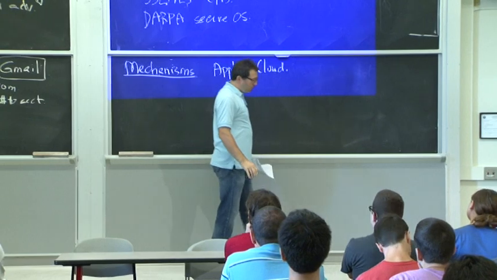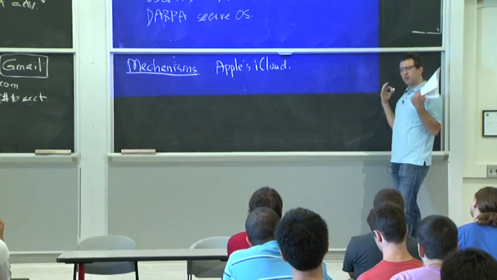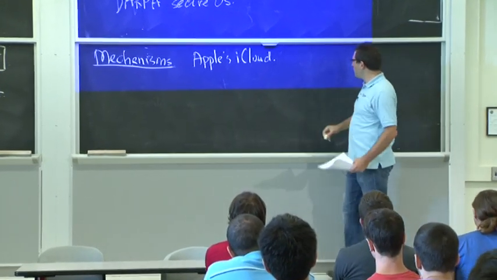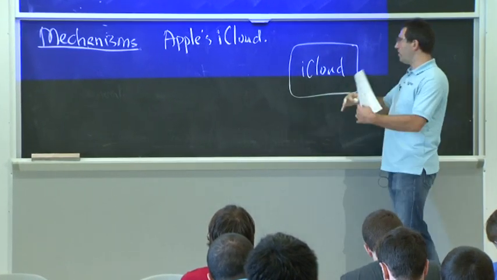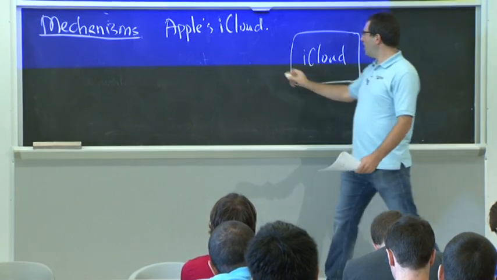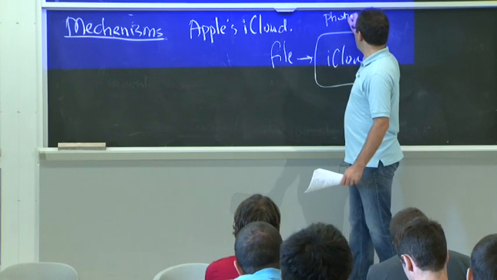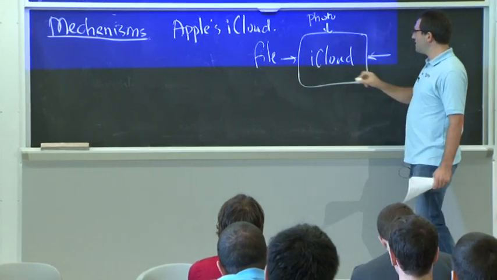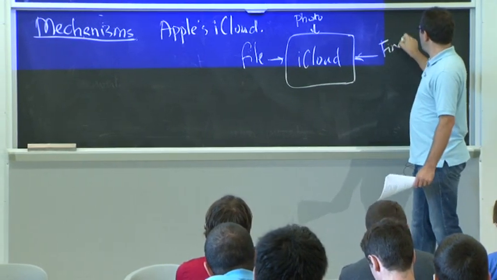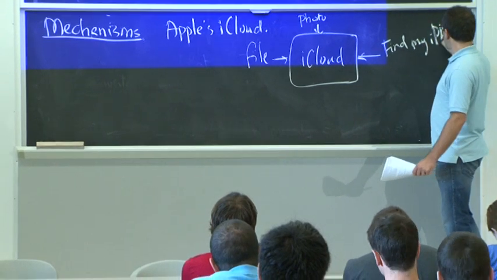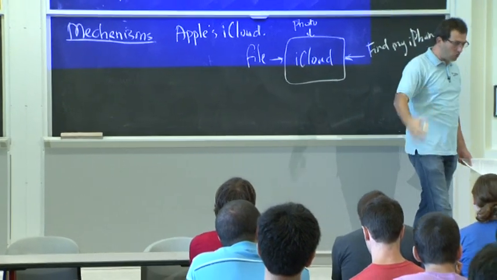The problem that someone discovered in this iCloud service is that they didn't enforce the same mechanism at all interfaces. So what does iCloud look like? It basically provides lots of services for the same set of accounts. Maybe you have your file storage on iCloud, maybe your photo sharing, maybe other interfaces. And one of the interfaces into iCloud, these are all different APIs that they provide, was this feature to find my iPhone, I think. And all these interfaces want to make sure that you're the right user, that you're authenticated correctly.